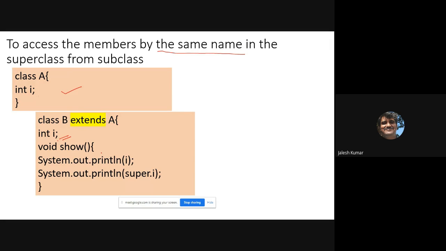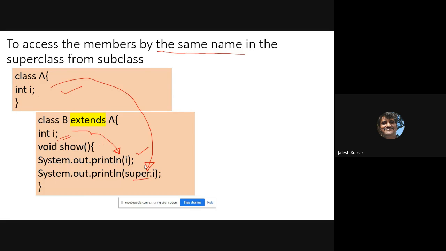Now inside this method I am printing i. This i belongs to what is defined in B. Super dot i means what is defined in its superclass.